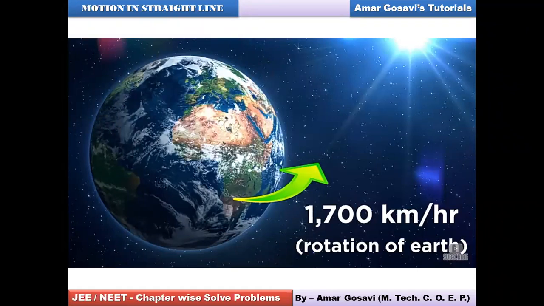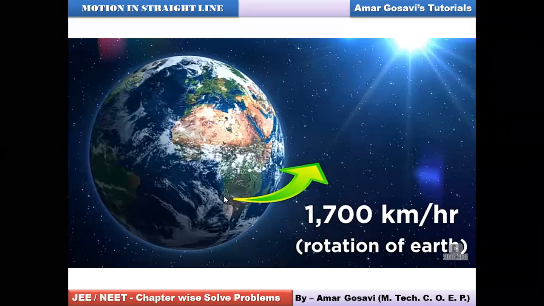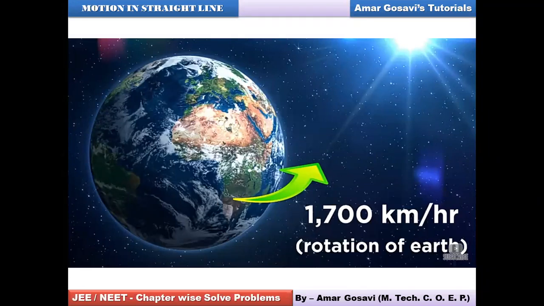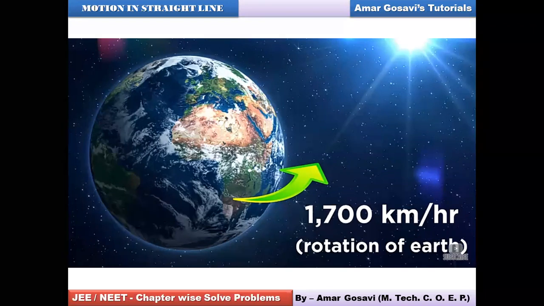Let's talk about the rotation of Earth. Say, for example, the person may be stationary on the Earth, but for a person who is observing that person on the Earth from the Moon, the person who was stationary on the Earth would be moving with this speed. That is the rotation of Earth, you can see. But for another person who is on the Earth, viewing the same person on the Earth, he may feel that the person is stationary. So that's how relative motion is to be analyzed and the problems are to be solved. Please make a note of it.